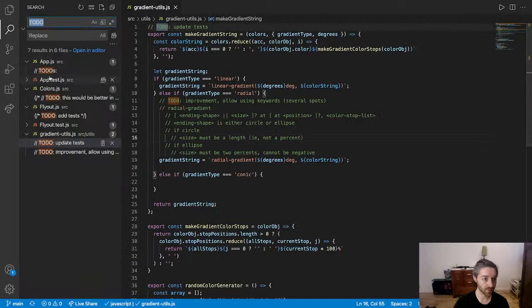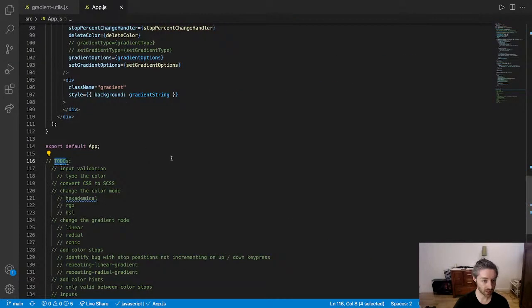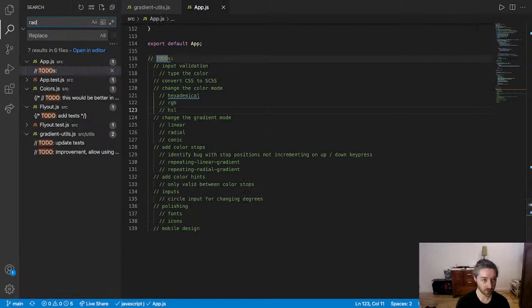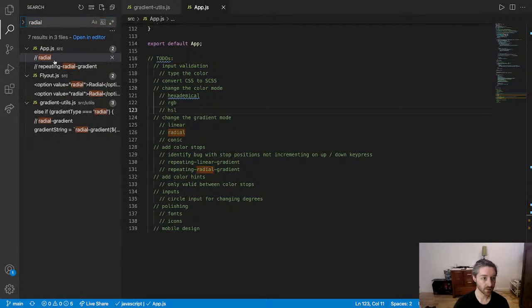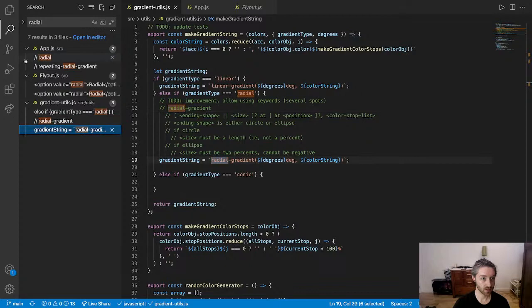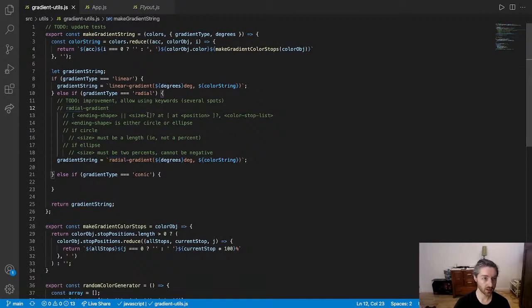Here are some of the to-dos in here. We were working on a bunch of those things. And for a radial, we have a fly out, and then we have this. So what's going on in this gradient utils? This is a make gradient string. If the gradient type is linear, it does those things. Else if gradient type is radial,